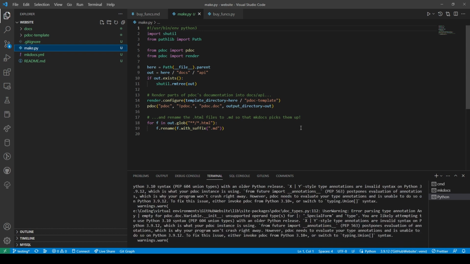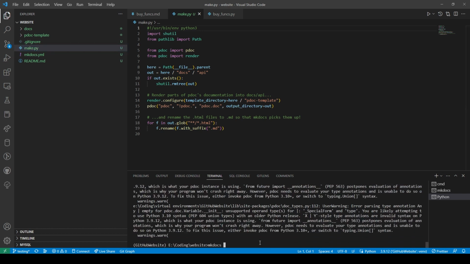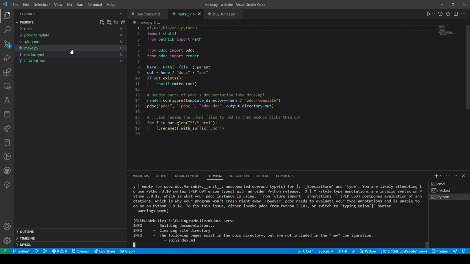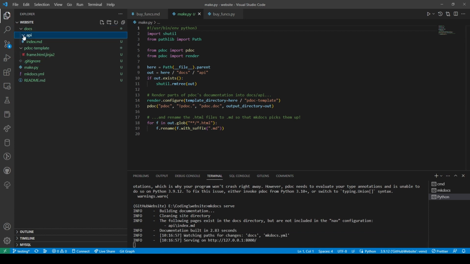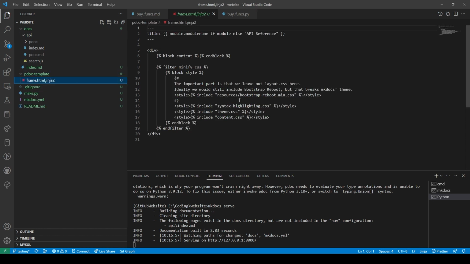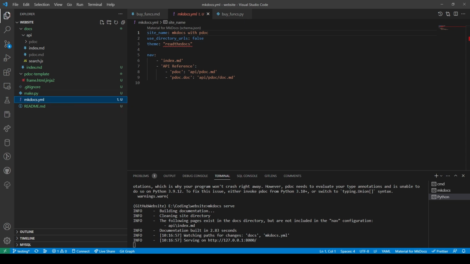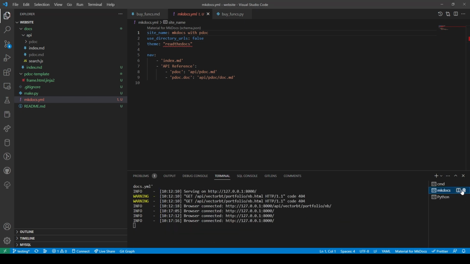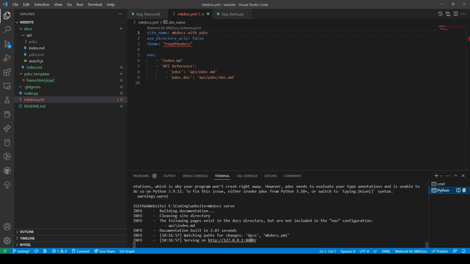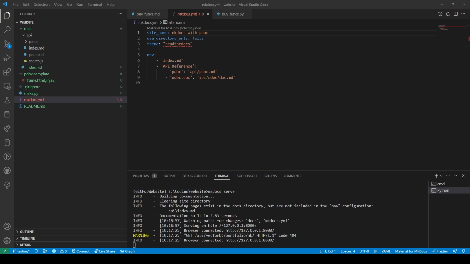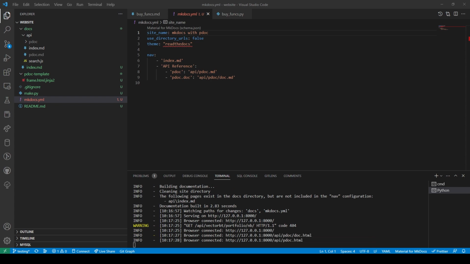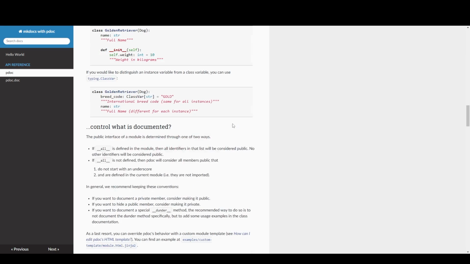Let's just run this. Do serve. So this didn't install any CSS or... wait, what? So it didn't install any CSS or anything, but